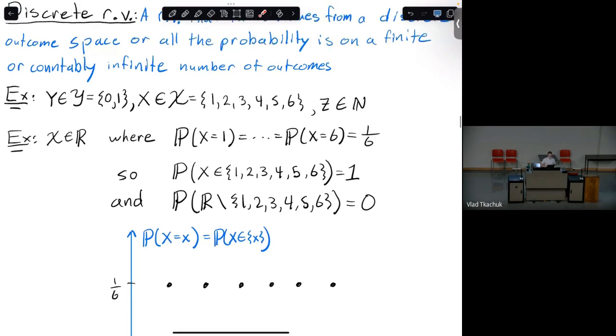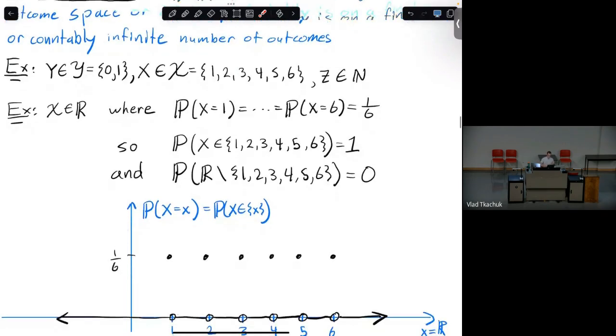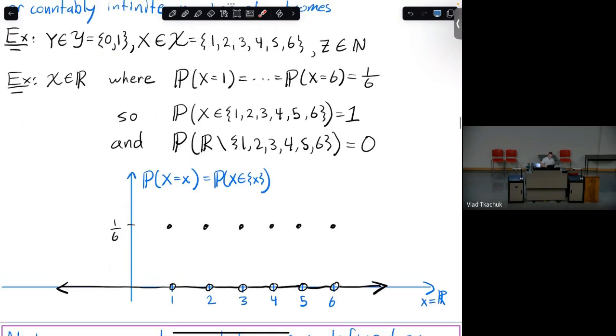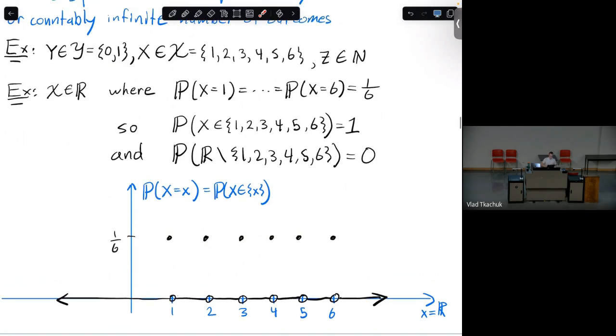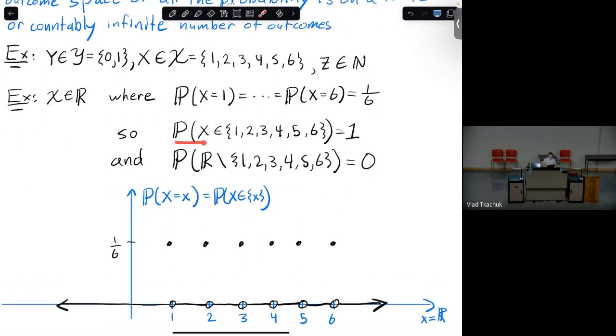Okay, and so you can always do this, and maybe pictorially this makes a lot more sense. All I'm doing is, instead of saying my outcome space is just these 6 numbers, I'm now saying my outcome space is all the reals. But all the probability that sums to 1 is on only a discrete number of outcomes, which is exactly these 6 outcomes. So what that means is that the probability of these 6 things is 1,